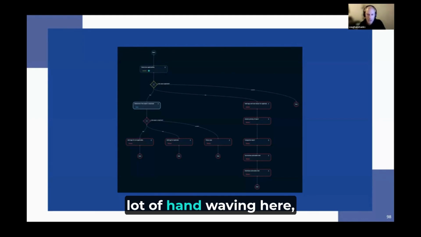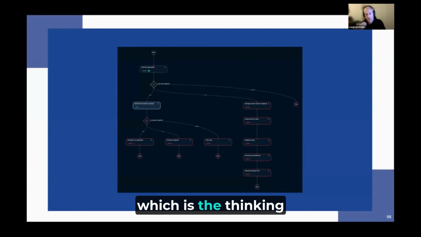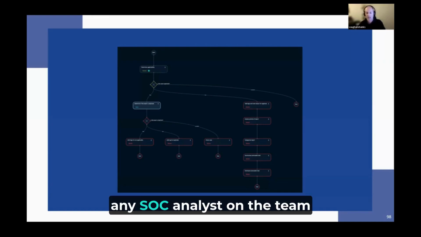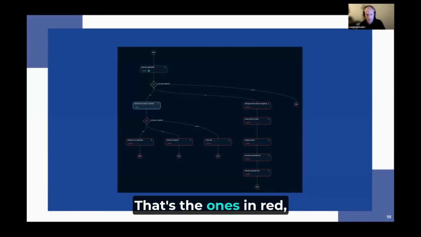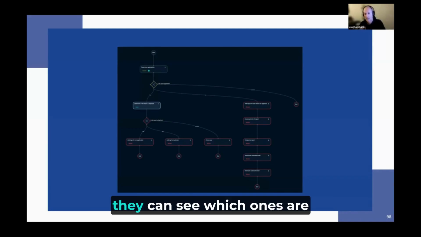I realize I'm doing a lot of hand waving here. I'm not going to run a live demo, but there's a model in traditional AI called the Blackboard model, which is the thinking behind this, which is that you have this shared state. Any SOC analyst on the team can see this process diagram. They can see which steps are currently blocked. That's the ones in red. They can see which ones have been done, which are in green, and they can see which ones are in